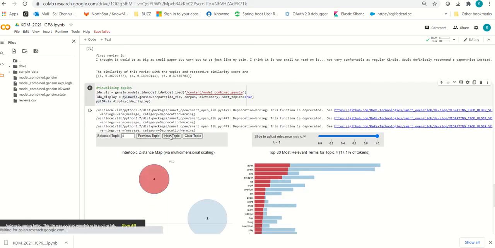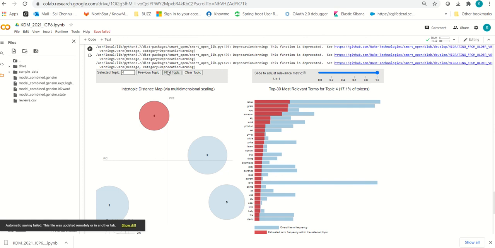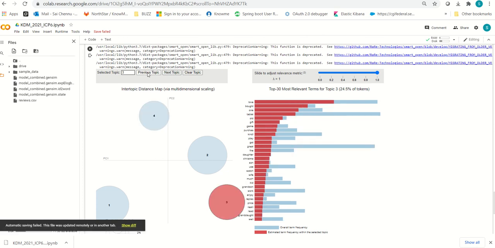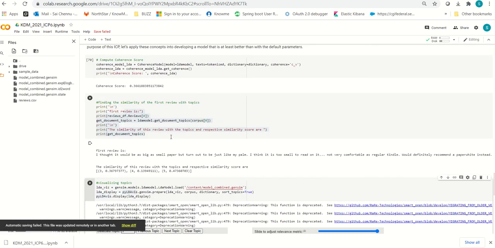Here we have four topics, right? Depending on the topics, it will show the words and the top terms, which are easily visible. With the coherence score, we can see the similarity scores related to the topics. The main important thing for topic modeling is that we can review the whole topics, and we can get information about the models. So this is how the LDA works.